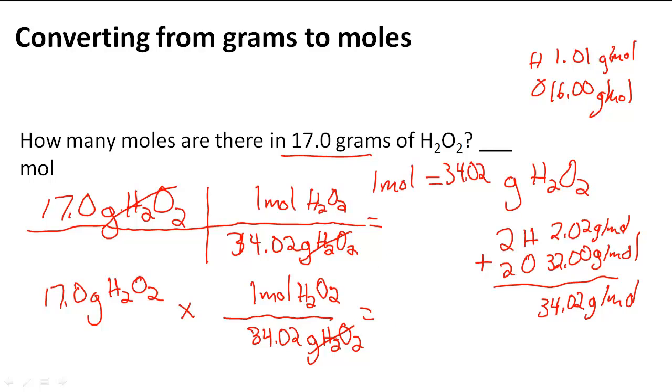So when I do this, all I have to do is multiply across 17 times 1 divided by 34.02. So I'm going to cross that out because those are going to cancel each other out, and all I'm going to be left with is moles of H2O2. So 17 times 1 is going to be 17. Then divide that by 34.02,